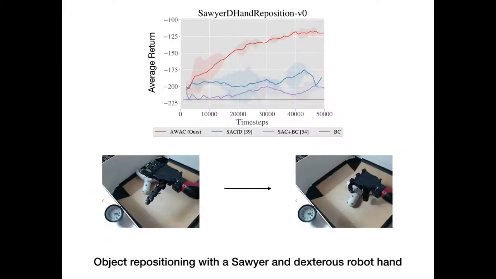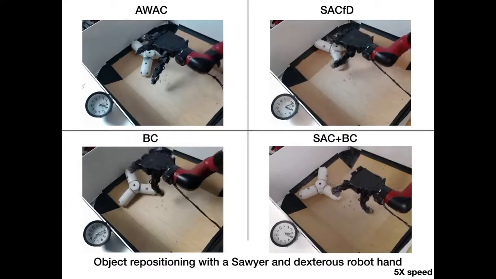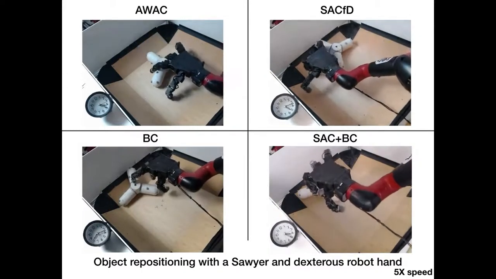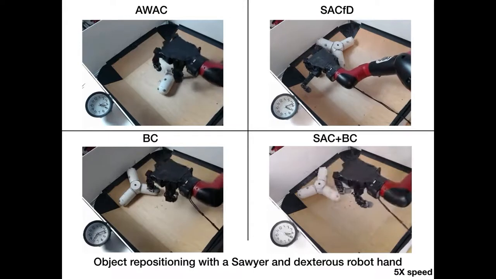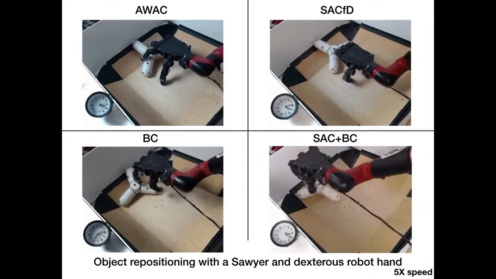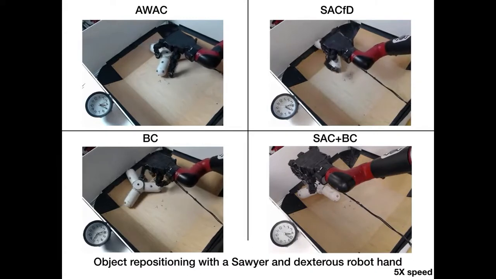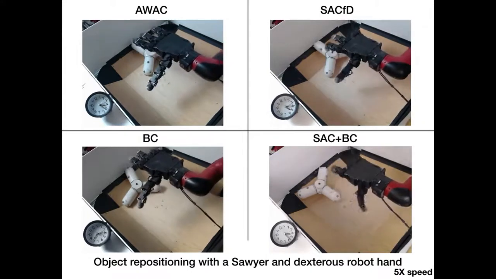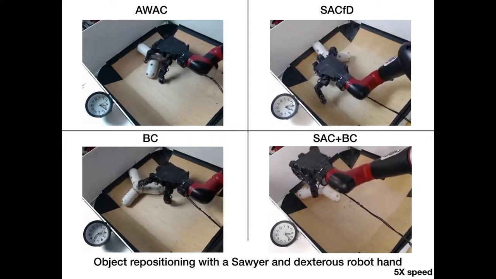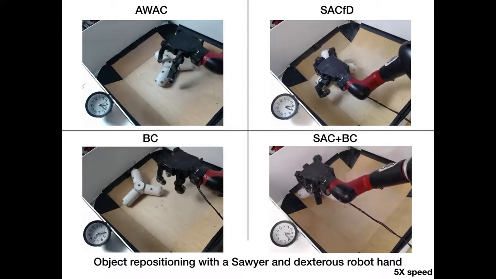In this domain, the most challenging, a 4-fingered robot hand is mounted onto a Sawyer robot. The task is to reposition the white object to the center of the table. Again, we see AWAC steadily improves from the initial pre-trained policy. Videos are shown after 50,000 time steps of real-world experience. The AWAC trained policy consistently grasps the object and repositions it. The behavior cloning policy generally has the right shape, but often it fails to hold on to the object. SAC from demos and SAC with the behavior cloning loss fail in this amount of time to learn the task. Moreover, they learn policies that flail the fingers dangerously, an artifact of the offline bootstrapping issue.